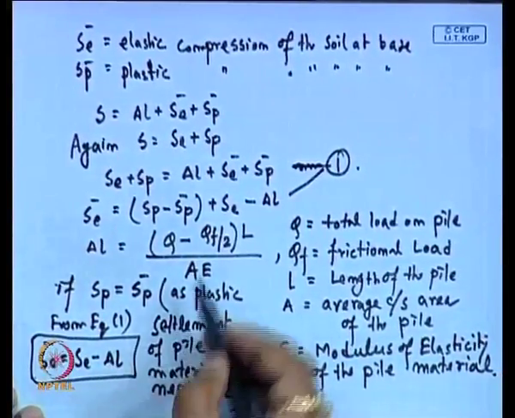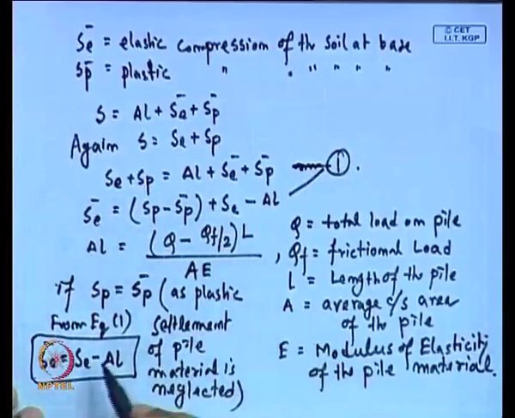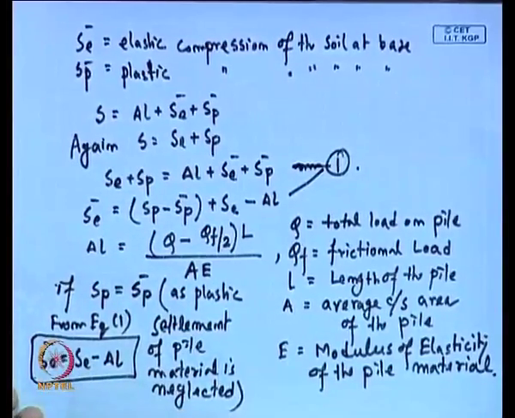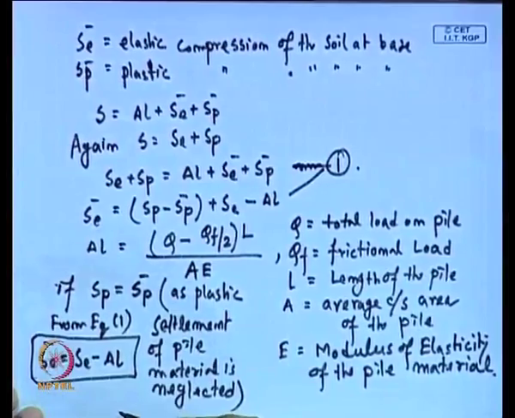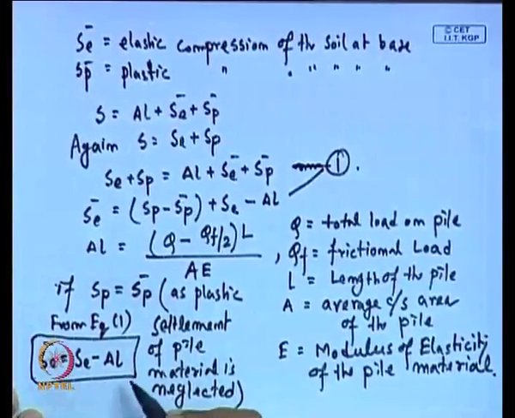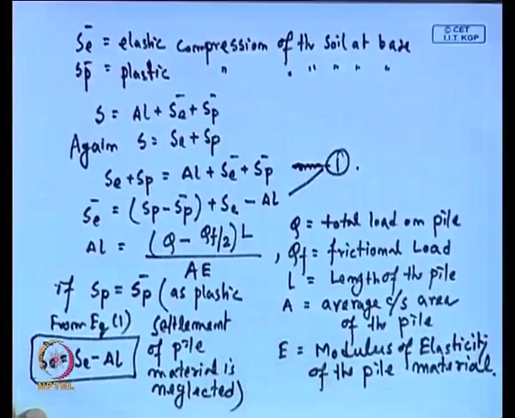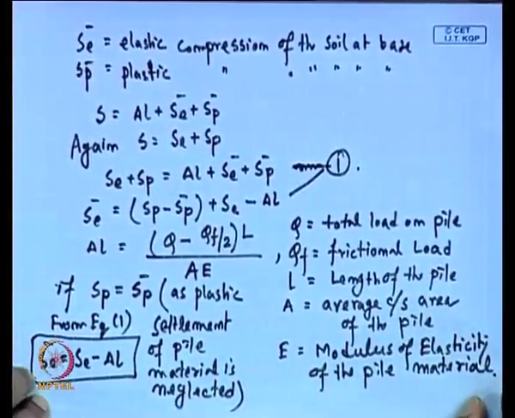Here del L we will calculate by this expression, and AC we have to determine from the pile load versus settlement graph, and then we will calculate the AC bar. Now, the next step: how to determine the QF and QP. The next step, determination of QF and QP.